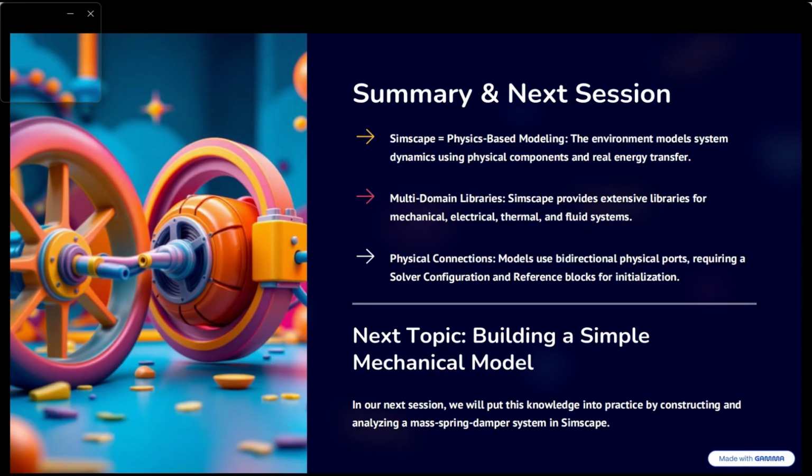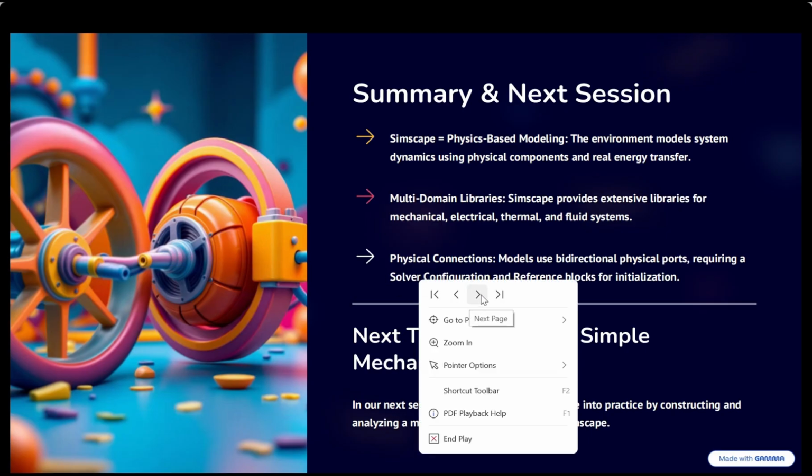And third, Simscape uses physical connections, so every model needs a solver configuration block and a reference block to run properly. For the next session, we are going to put everything into practice by building a simple mechanical model.